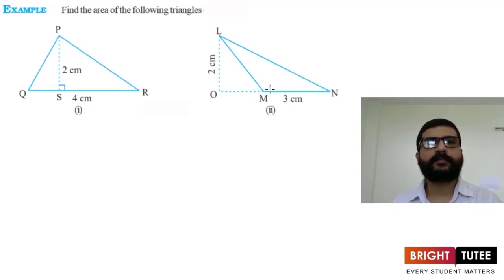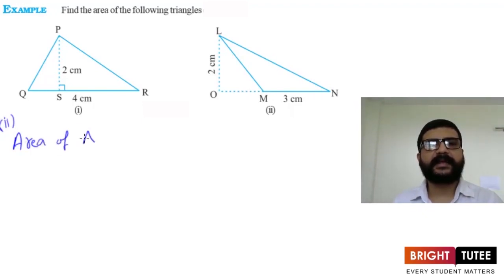And we know for an obtuse angle triangle, the altitude will lie in the exterior of the triangle. So how to draw that altitude? We have to extend the base and then from the opposite vertex we have to drop a perpendicular on the extended base. So therefore LO is the height in this case corresponding to the base MN. So now the area of the triangle, this is the second part of the question.